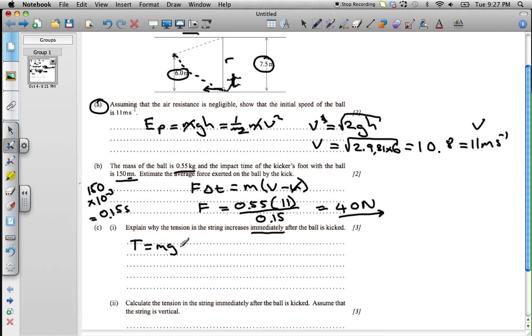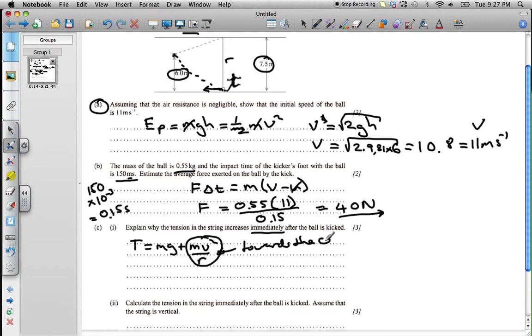But immediately after the ball is kicked, it also has to provide a force for the circular motion, which is mv squared over r. This is to provide for the change in direction of the ball. So this is a force towards the center,